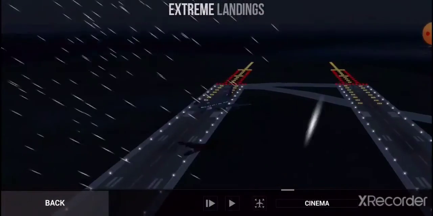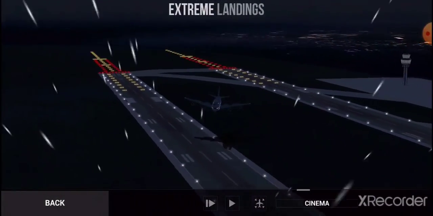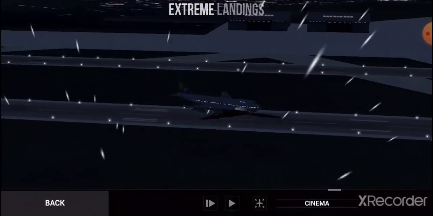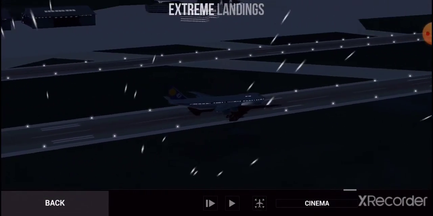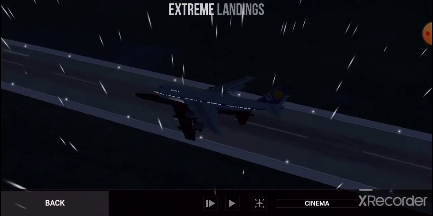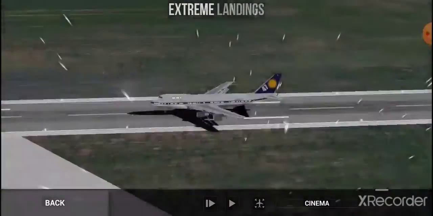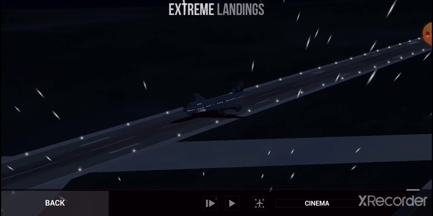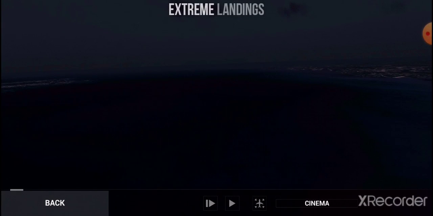Let's look at it here. You see, look at the shadow, how I'm completely curved. It's all difficult because right when I land, boom, it's aligning. You see that? And the speed is so slow that it gives me time to brake right away. I don't have to worry about whether I'm going to come out of the landing strip